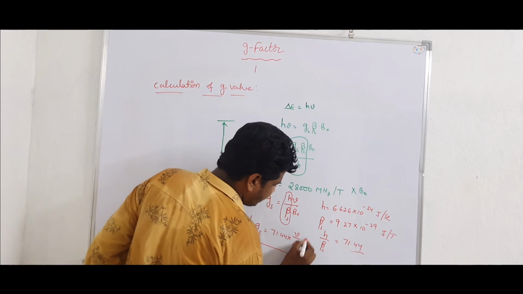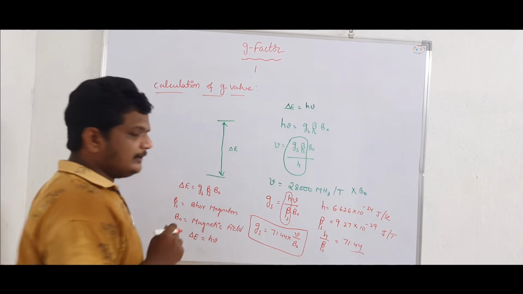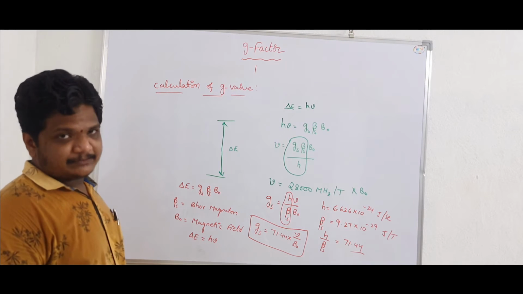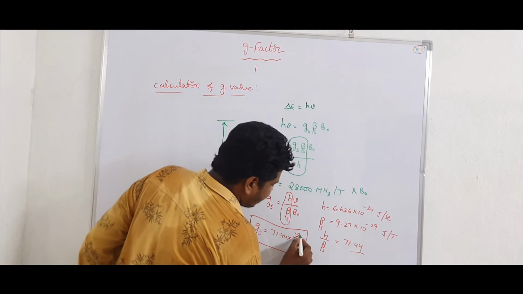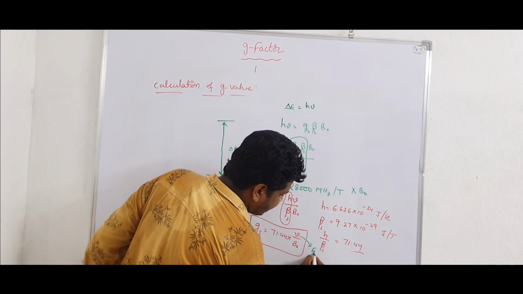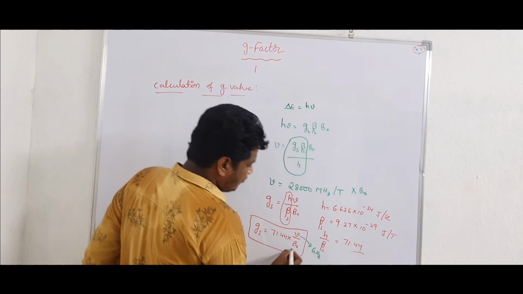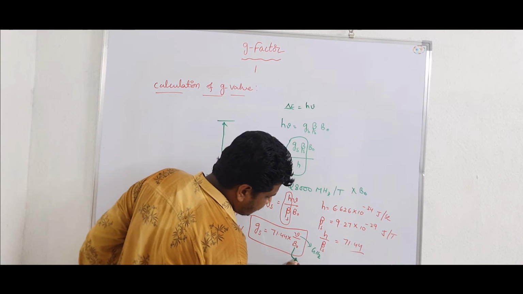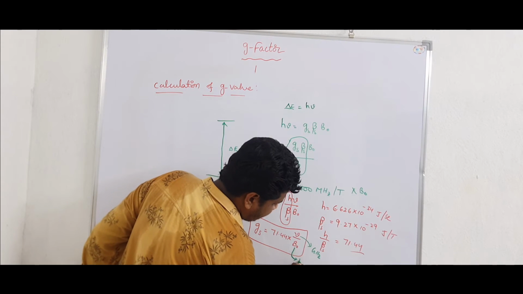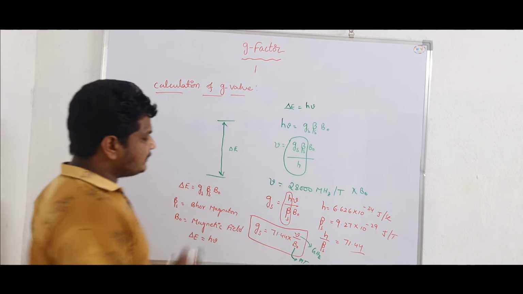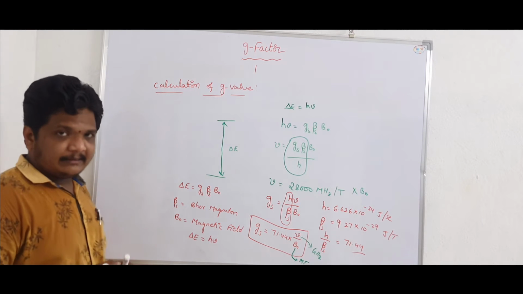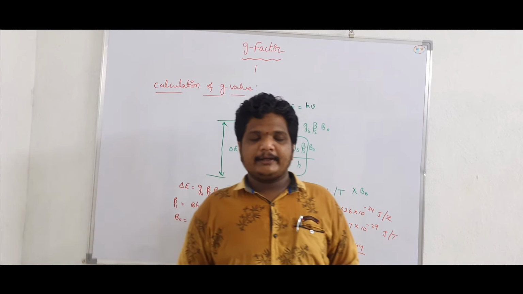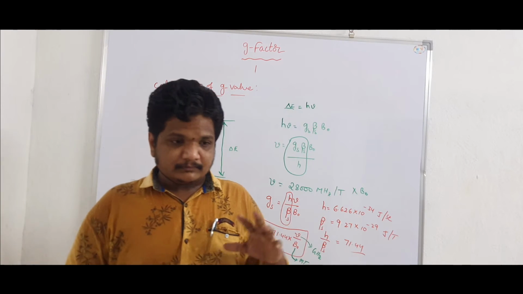So this is the equation which is used to calculate the value of G, that is g_s, in the case of ESR spectra. Here the frequency is in gigahertz, and beta B naught, that is the external applied magnetic field, is in milli Tesla. So by using this formula, we can simply calculate the value of G in ESR spectroscopy. Let us calculate one example.